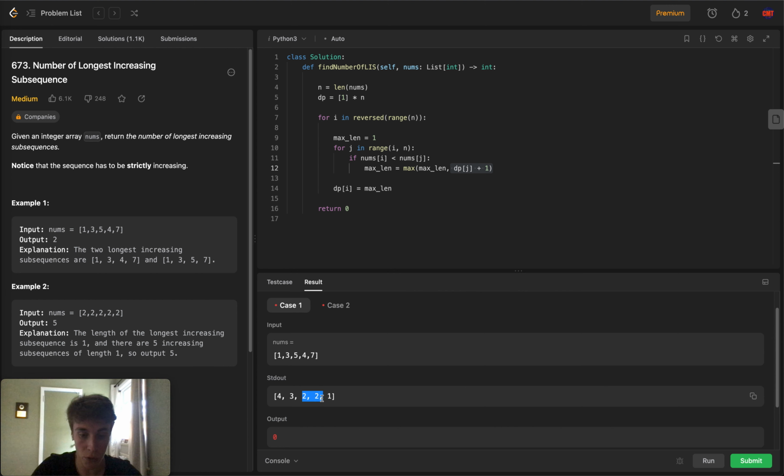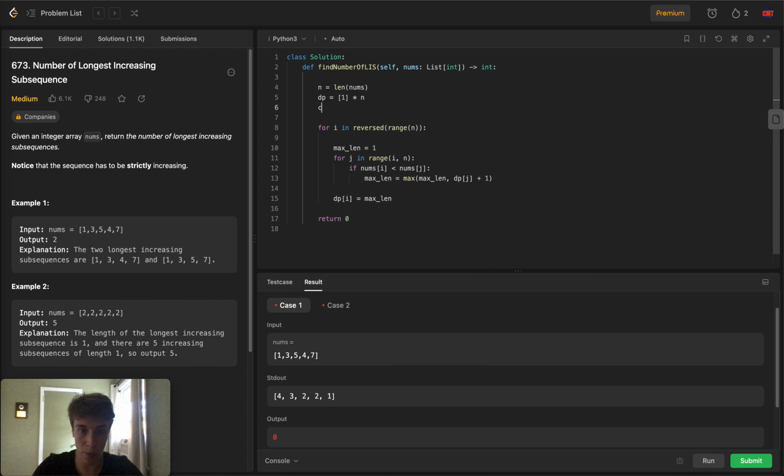There was 4, 7, and there was 5, 7. And that means that to find a subsequence of length 3, there would also be 2 possible solutions. There would be 3, 5, 7, and 3, 4, 7. Same goes for 1. So I'm thinking that there's got to be another array that we define